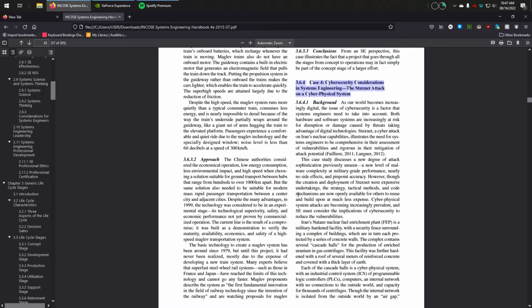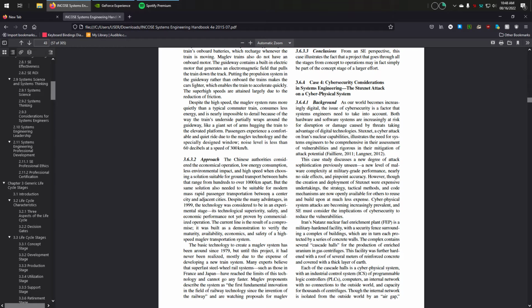3.6.4 Case 4. Cybersecurity considerations in systems engineering. The Stuxnet attack on a cyber-physical system. 3.6.4.1 Background. As our world becomes increasingly digital, the issue of cybersecurity is a factor that systems engineers need to take into account. Both hardware and software systems are increasingly at risk for disruption or damage caused by threats taking